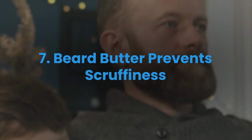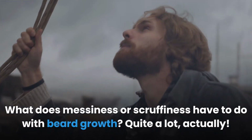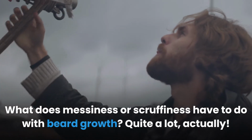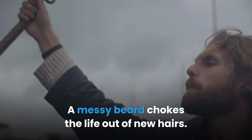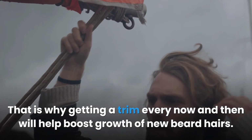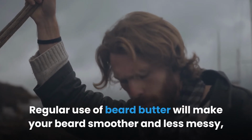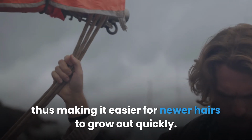7. Beard butter prevents scruffiness. What does messiness or scruffiness have to do with beard growth? Quite a lot, actually. A messy beard chokes the life out of new hairs. That is why getting a trim every now and then will help boost growth of new beard hairs. Regular use of beard butter will make your beard smoother and less messy, thus making it easier for newer hairs